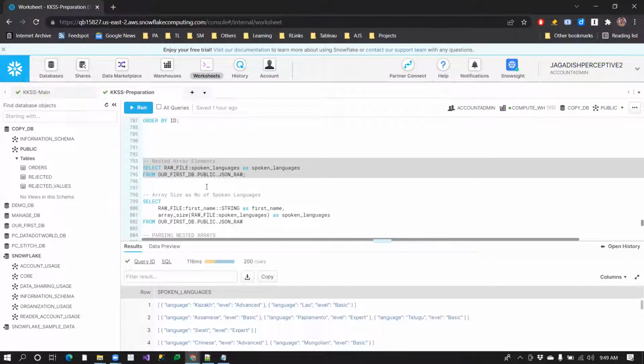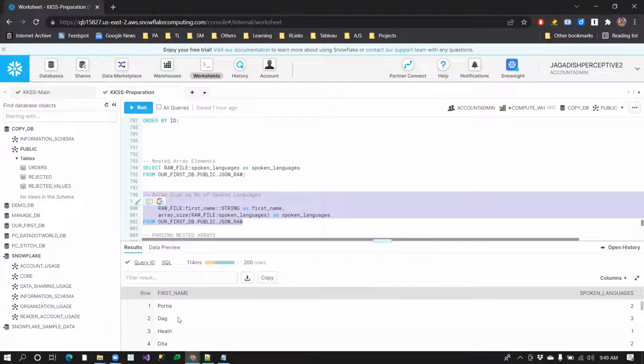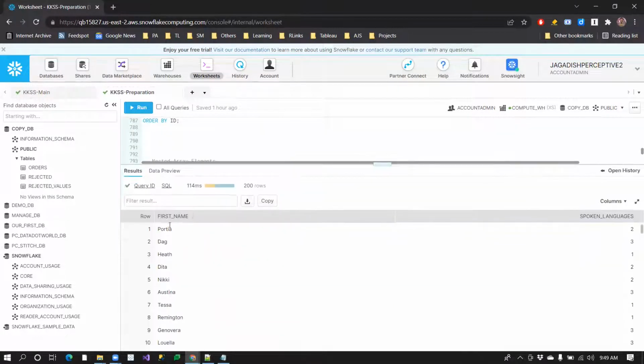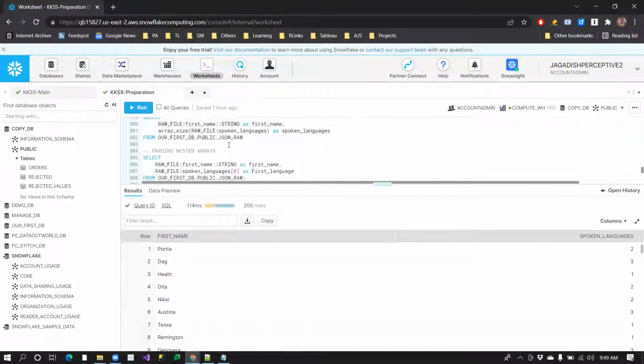First we will get the array size. If you just want aggregate data, how many languages this person speaks, you can just use this array size function and get this result, knowing this person speaks this many languages. But if you want the data, what languages those are, then you have to further treat the data. What we do here is simple. We know how to handle arrays. So within this spoken languages nested array, we will use 0 to get the first element, and that way,